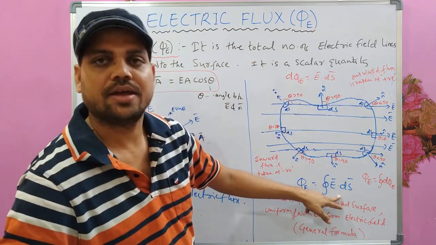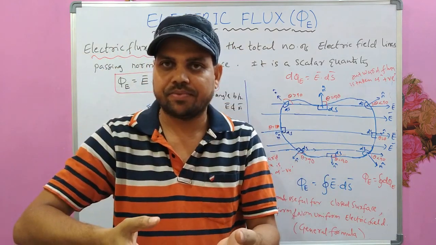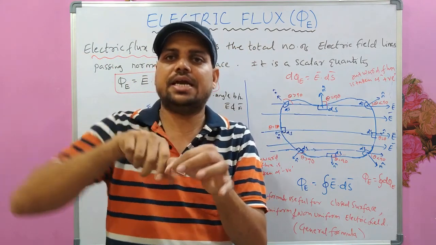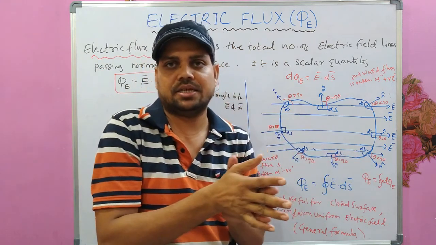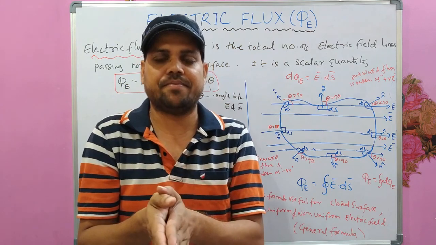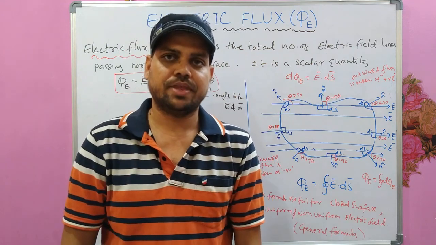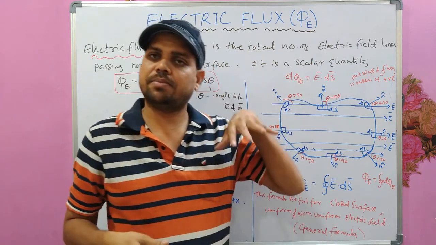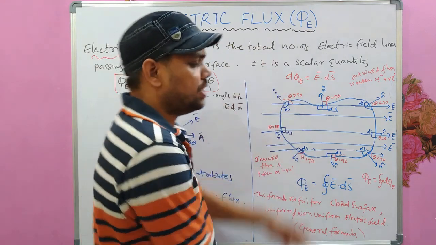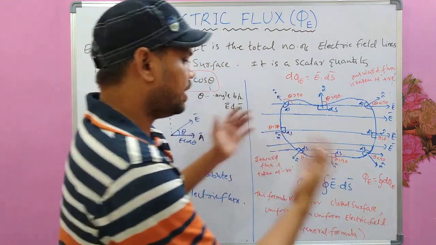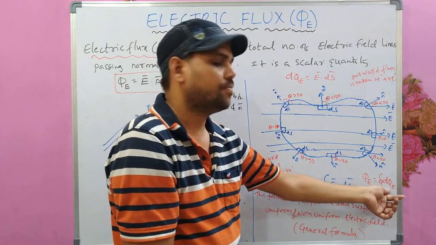So in this way, you have to divide the surface into small segments whose area is dS, and find out the direction of that dS, and find out the angle between the electric field vector and the dS area vector, the small segment area vector. If theta is less than 90, the flux will be outwards and positive. If theta is greater than 90, the flux will be inwards and negative. If theta is 90, the flux is 0 there. If I want the total flux, I can add all the flux values, which is an integration of it.